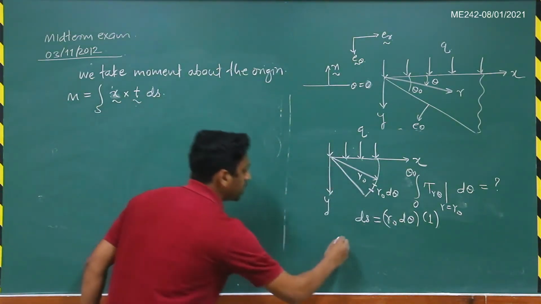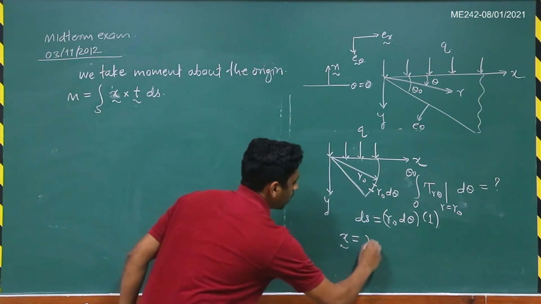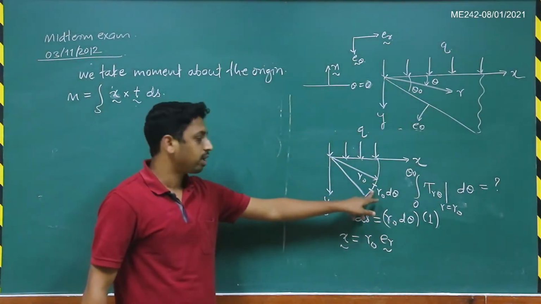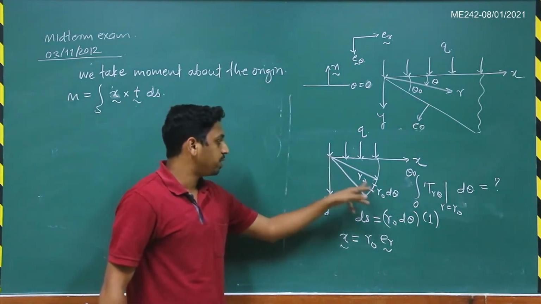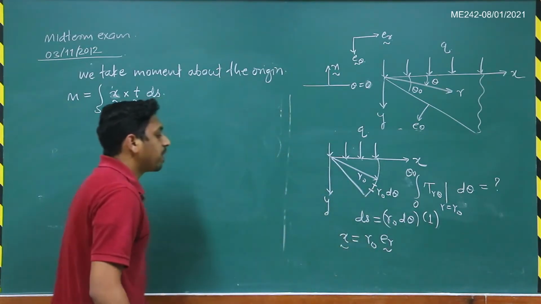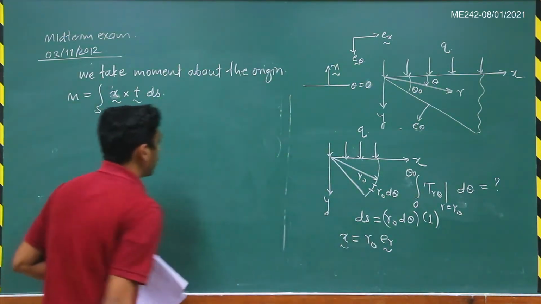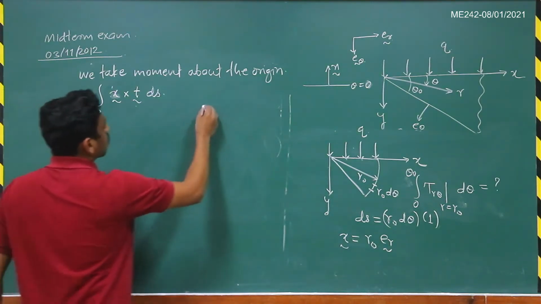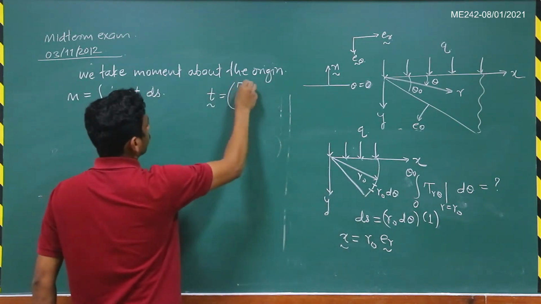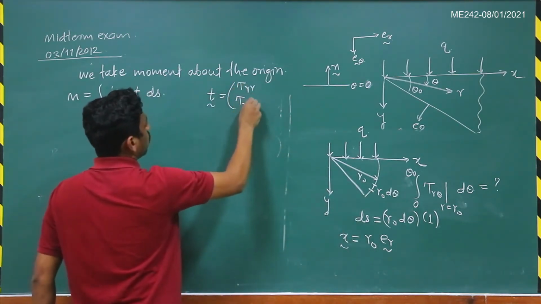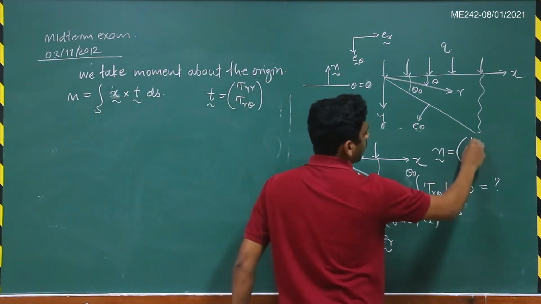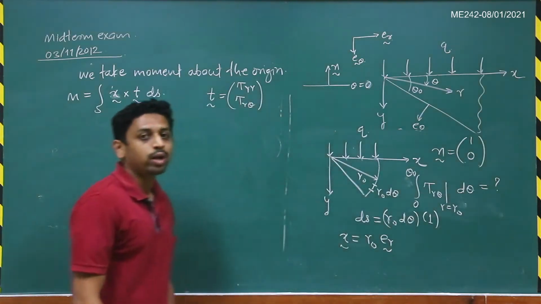And if we take the position vector of this particular differential element from the origin, it will be simply r naught, directed along the radial direction. So the position vector will be r naught er. So if we do this x cross t, the tractions on this particular surface would be tau r and tau r theta, because the normal to this surface will be pointing along the radial direction, which will be given as 1, 0.